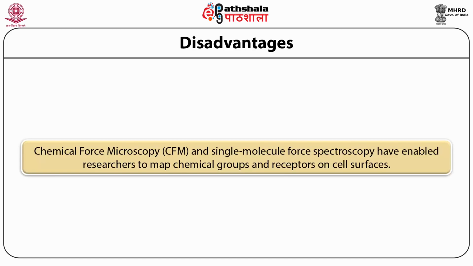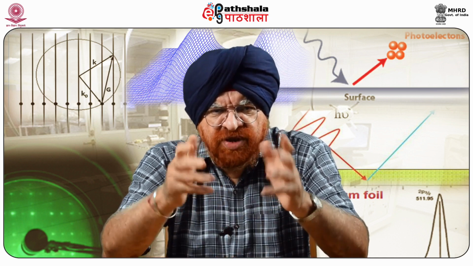But this mapping is not very precise, thereby posing a disadvantage while using this technique. So students, having learned about CFM from various points of view, like historical background, the principle behind this, and the other instrumentation part,